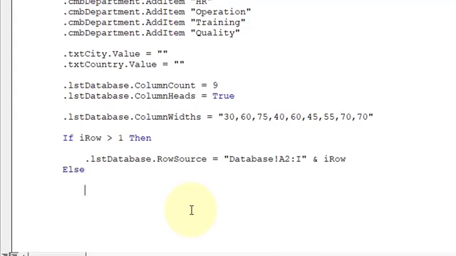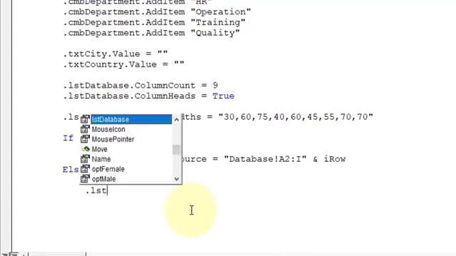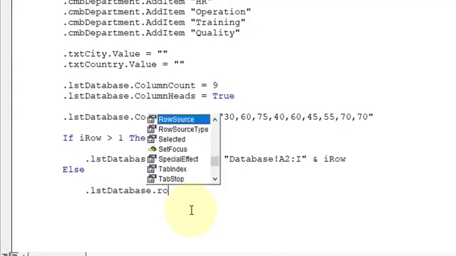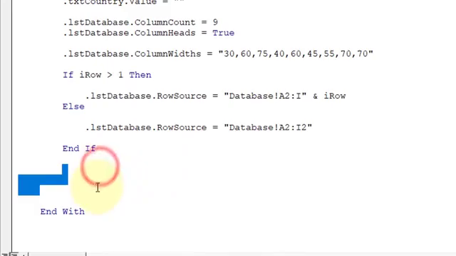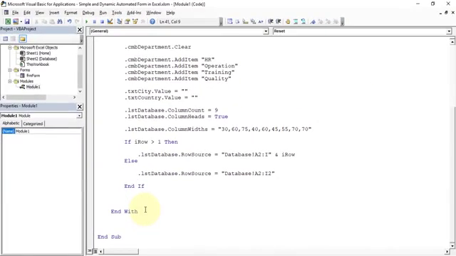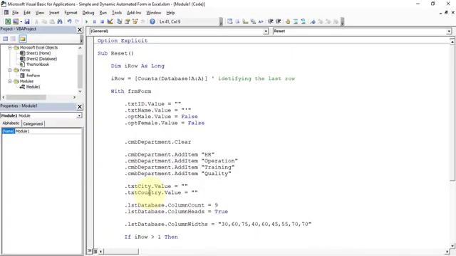Else lst database dot row source is equal to database A2 colon I2. Close. And clear all this extra space, so the reset code is done here.